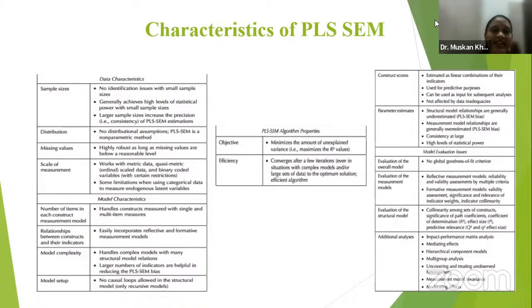You can easily identify the relationship among those variables with the help of PLS-SEM. In model setup, no causal loopholes are allowed when you are using the model. When we prepare the model, we have different variables on our dashboard. If I have one variable, for example environment, and I want to connect it with job satisfaction,